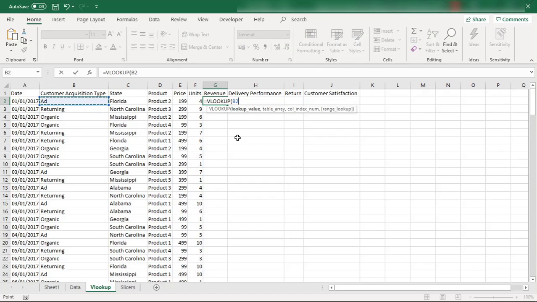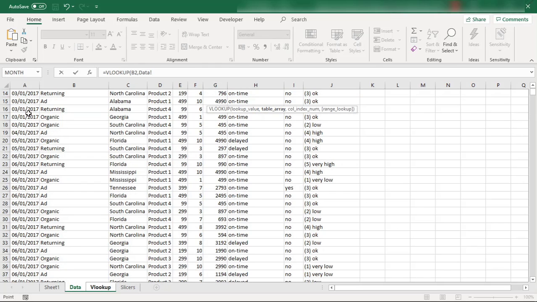Then if I want to find this, I will find AID, and then I want the table array, in which table or in which table array you want to find, you look for the specific cell value, and then I